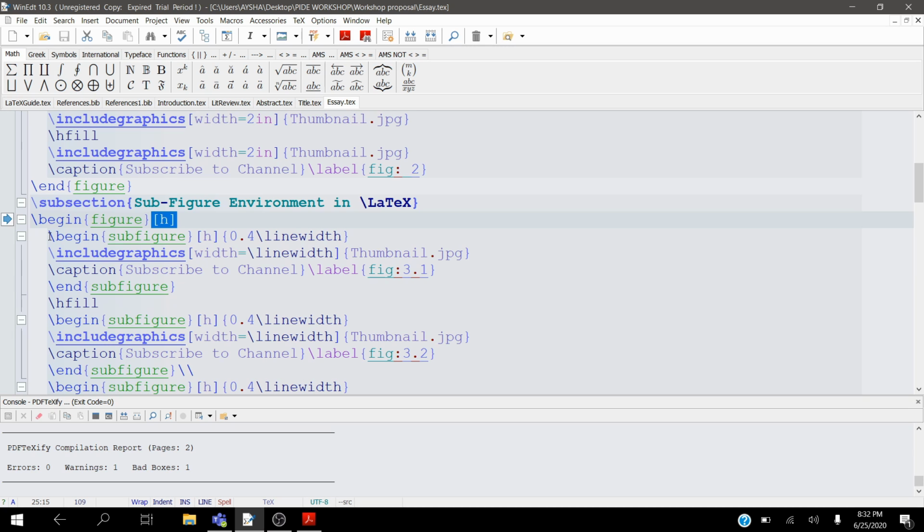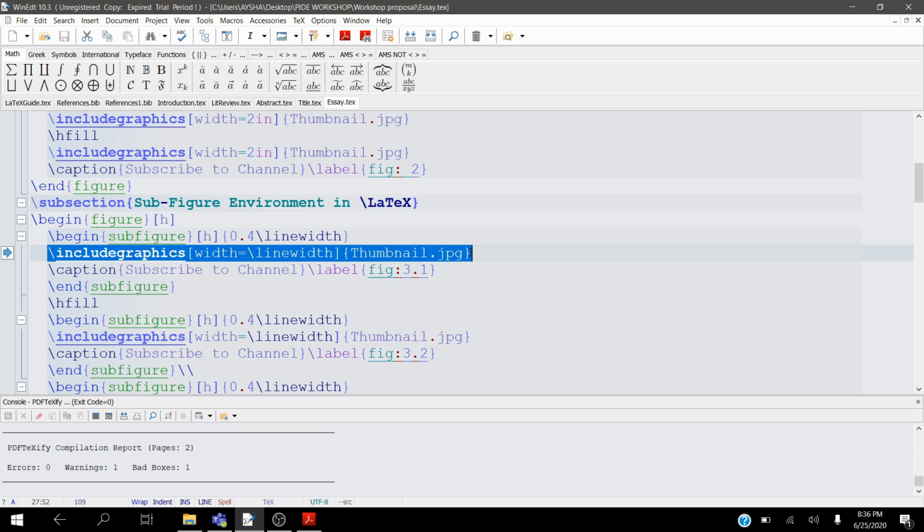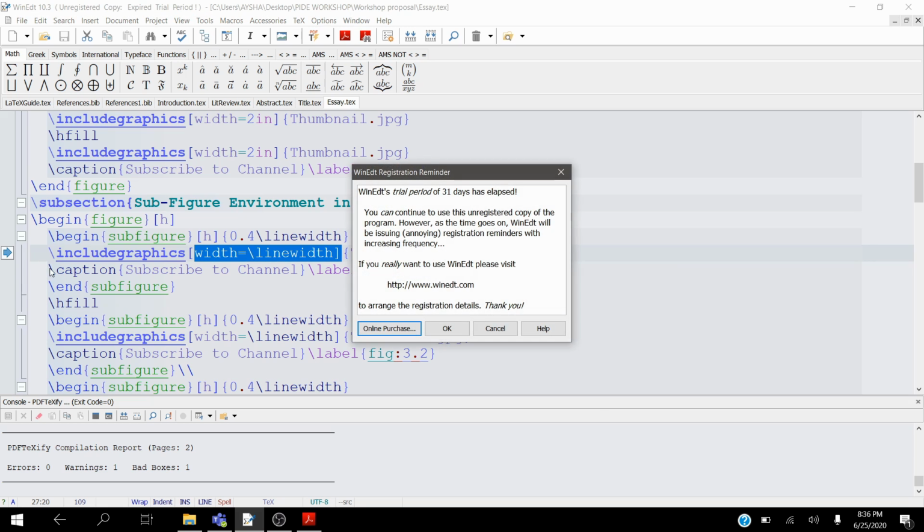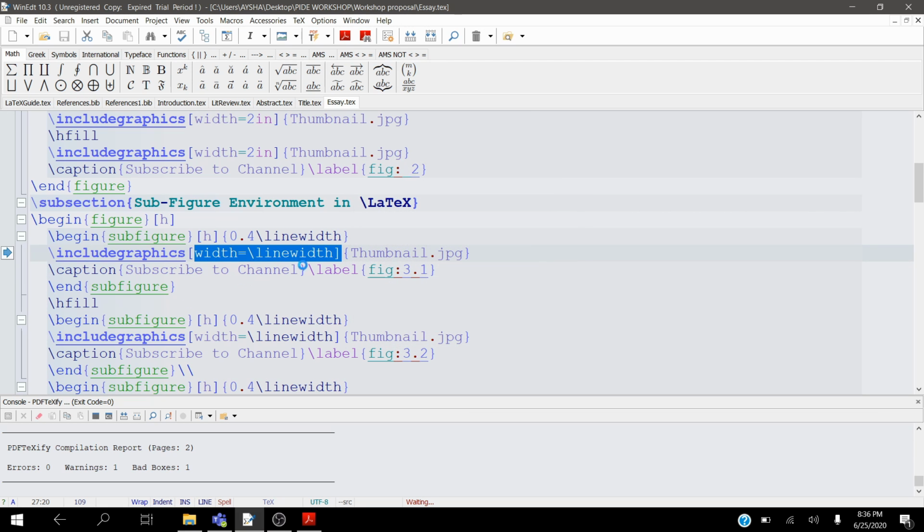Then for the first graphic, you want to caption it and consider it as a sub-figure. You are required to open up the \begin{subfigure} environment. Again, the position of your figure where you want to place it, and 0.4 line width. This is the width of your sub-figure. Then the \includegraphics command to add your sub-figure, and the width you want to give it. \caption is the command to give the caption to your subfigure, and \label your subfigure so that you can refer to your subfigure from this environment.